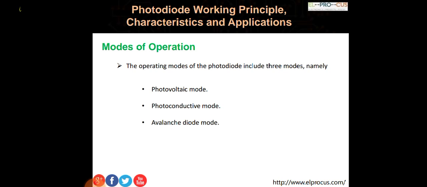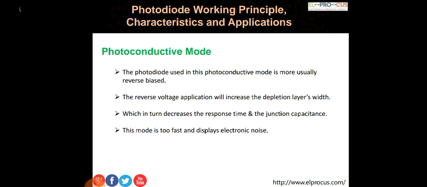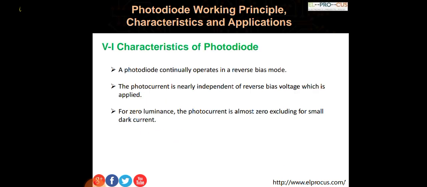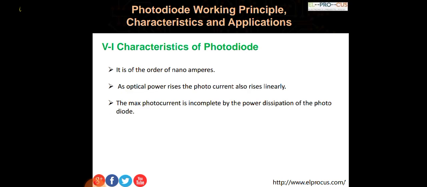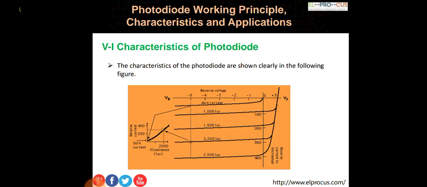There are some modes of operation which will not be required in depth. From the exam point of view, we have to write only a short operation: how photons give energy, how it is converted into recombination of pairs, and finally how it is converted into photocurrent. Okay, these modes are not so important, just go through them and read them. Then the characteristics of photocurrent are always linear. As I said, light and photocurrent are linearly proportional to each other.